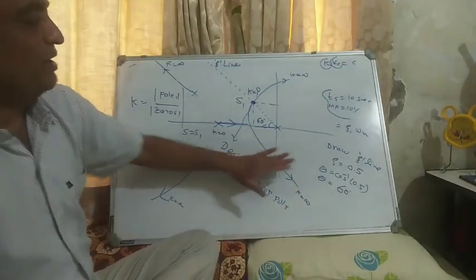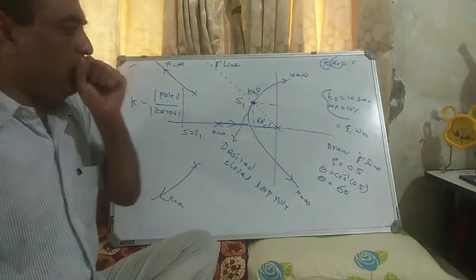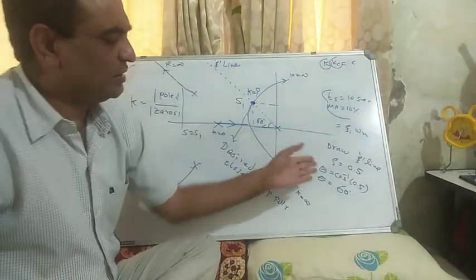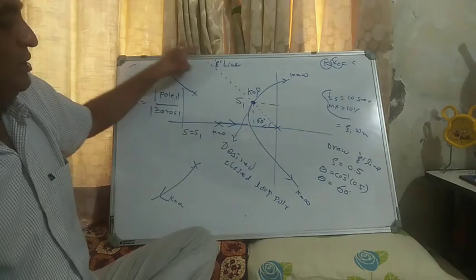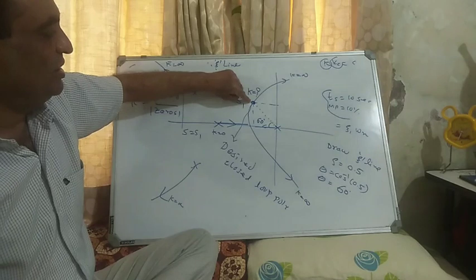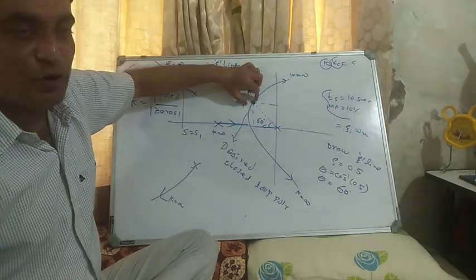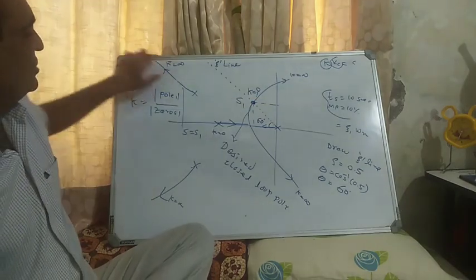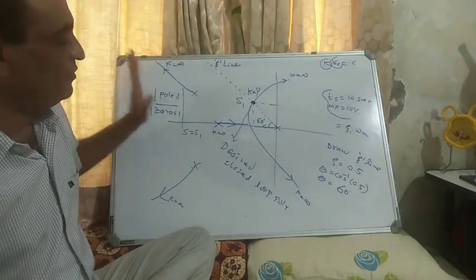So the important part is you have specifications. From those specifications, you find the value of xi, get theta, that is cos inverse of xi, and draw a xi line and mark the point where it crosses the root locus. This point is actually your dominant pole, the required dominant pole. You don't worry about the other part, because those poles are away from the imaginary axis and don't contribute much.